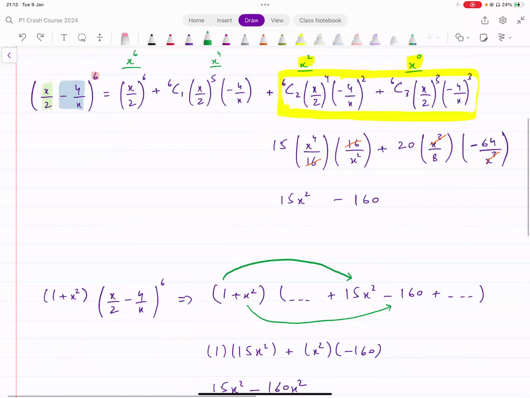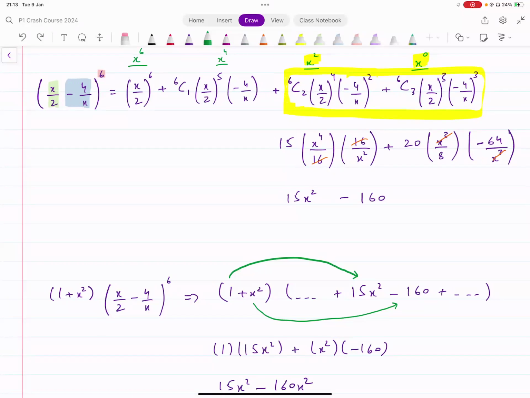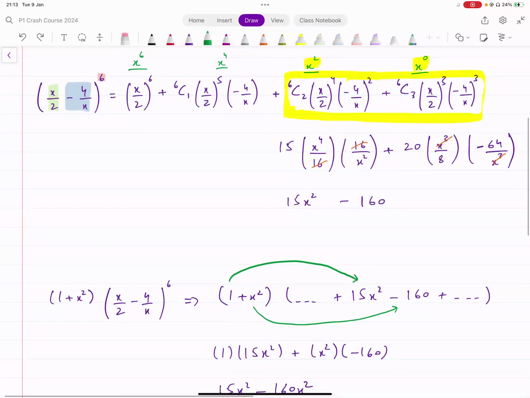By the way, something that I thought about when I was doing this calculation. You can actually do this directly on your calculator. The problem is you have x here, so that creates a problem when you input this in your calculator. If you want to get 15 directly from the calculator, what you're going to do is, on your calculator, you will just write down